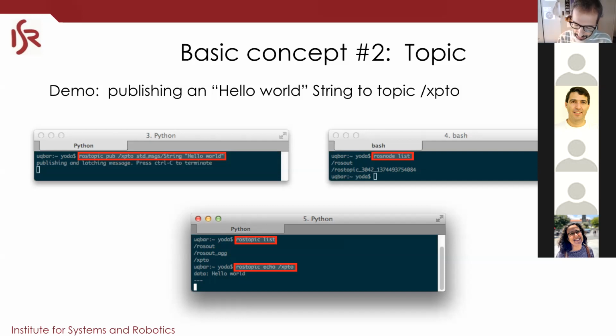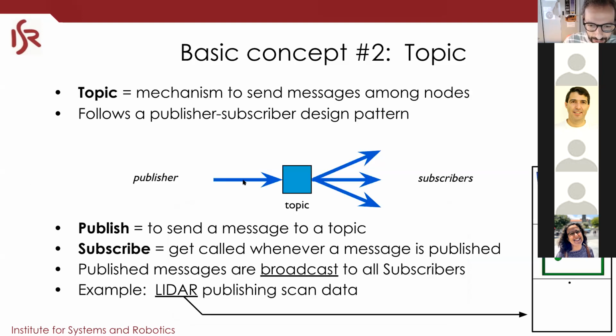Topics make the connections between nodes. It's like you have a network. You can have multiple nodes publishing to the same topic. You can have one node publishing to multiple topics. So they are different mechanisms. And the topic, this square over here, is not a node. It's something that is created, and then you have messages flowing through the topic. Do you see the idea?